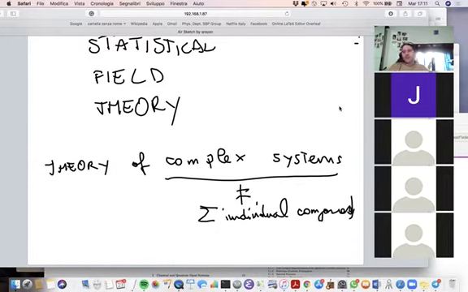So in particular, let me give you an example of a complex system that is quite prominent. Us, life. Living organisms are complex systems. We are made of atoms, but in no way are the properties of a living organism deducible from the sum of non-interacting carbon, hydrogen, oxygen, nitrogen atoms. Life is an emergent collective excitation, from the point of view of physics, a non-equilibrium collective excitation of a many-body system